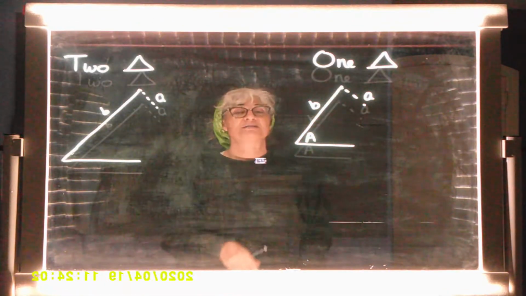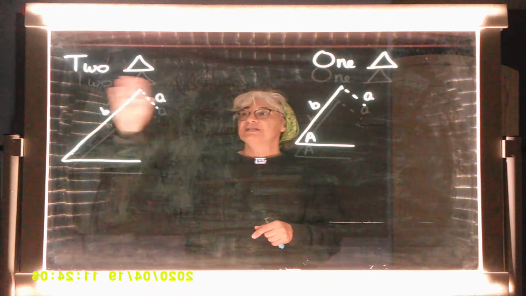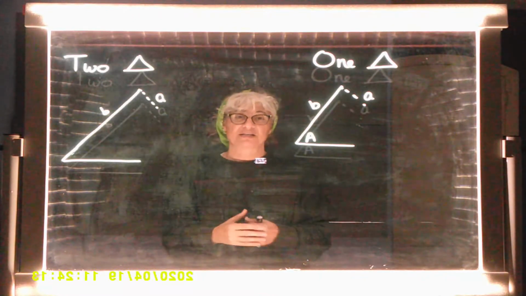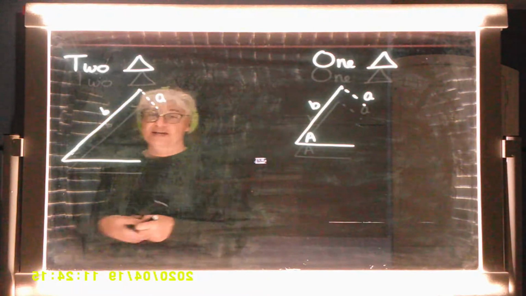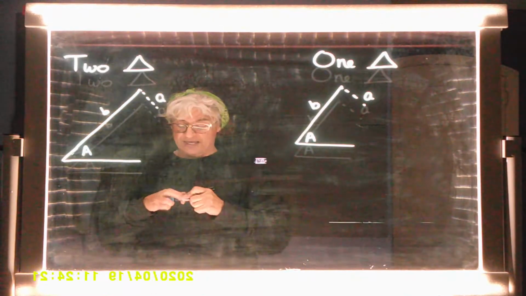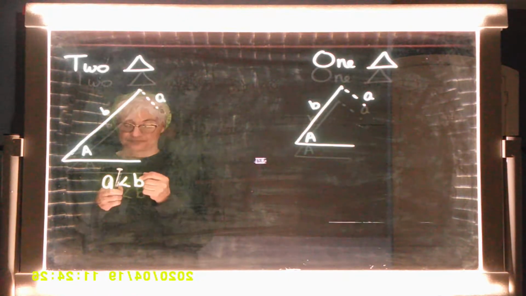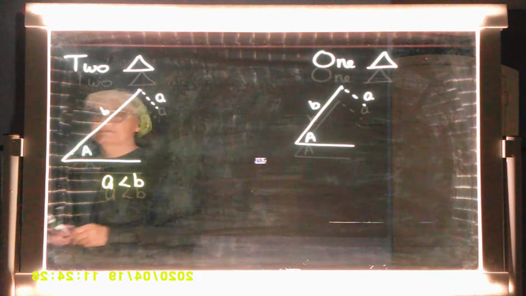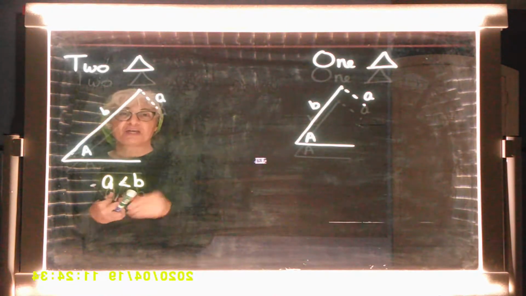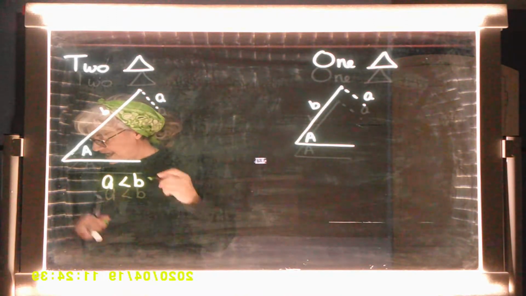Okay, so let's talk about the last 2 cases for the ambiguous case. Let's look at this one over here. In this case, based upon the information they're giving us, we're actually going to get 2 triangles out of here. So let's find out how that happens. Sorry, there's angle A still here, okay? Now, one piece of information is that A is still less than B, okay? So, if this is side A, it is clearly less than side B. Agreed? But the other piece of information is now that A